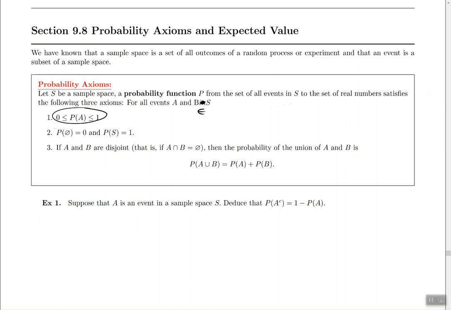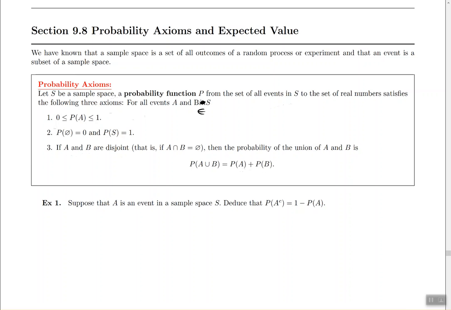Okay, the probability would be 0 if the event is impossible to happen, and the probability is 1 if the event always happens. Okay, now the probability of the empty set is basically 0, and the probability of the universe is 1. So the probability that I land heads or tails is guaranteed. It's got to be 1. There's no way on earth I can get anything else when I flip a coin. And the probability of the empty set, this is the set with nothing, is basically 0. And I also know that if two sets are disjoint, so if they have nothing in common, then the probability of the union of the two of them is the probability of each one of them individually.